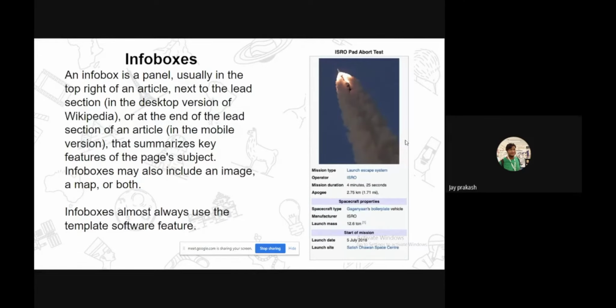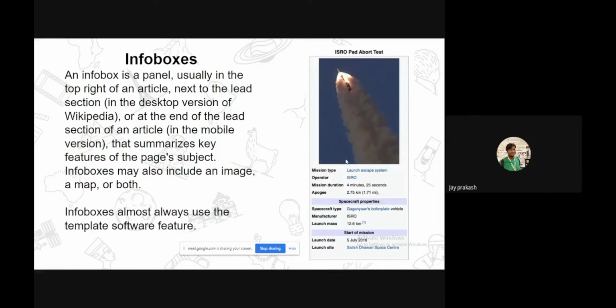So first, what are info box templates? If you go to English Wikipedia or any Wikipedia, you will see a knowledge panel at the right side of every article, which contains details.